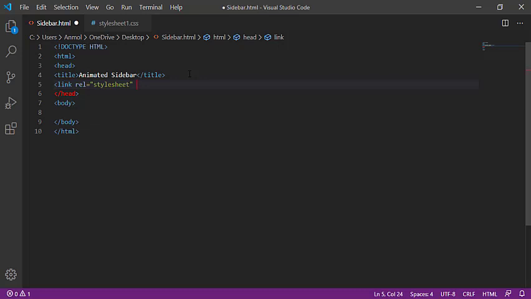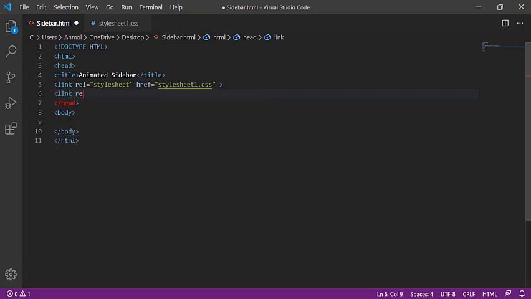That's why I am giving the relation as style sheet. Then href is the linking of the HTML to the CSS file, the external CSS file. That's why I am giving the style sheet 1.css. That's it.